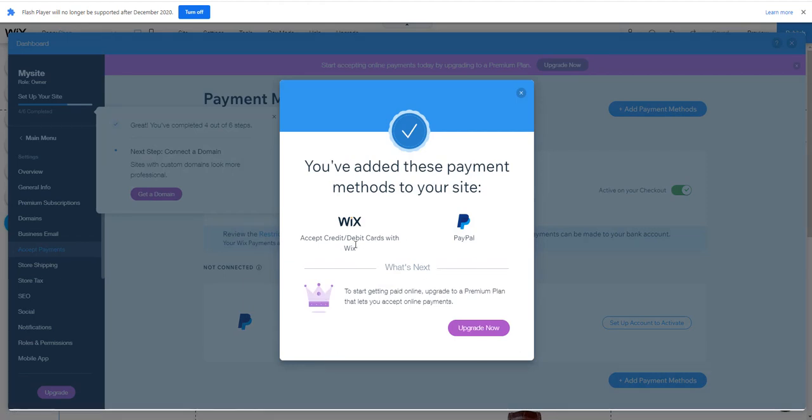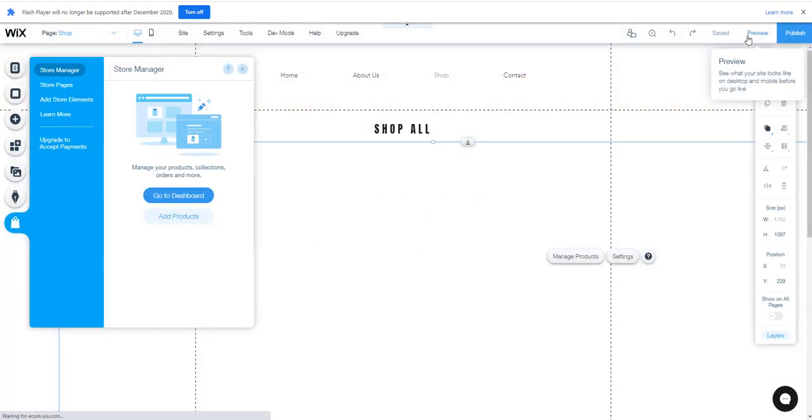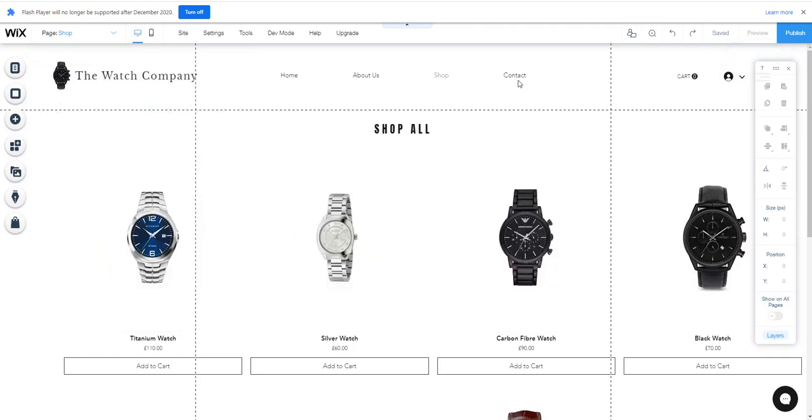And now it's going to tell you that you need to upgrade. This will allow you to connect the domain name, upgrade to an e-commerce site, accept payments, and then start selling online. But you already have the frame for it. You have the template. You've just made the website. This is the last step you need to do to get online and get your own domain in and sorted. But since this is only a mock site, I'm not going to do that today, but you can. Hit X, go to the preview,